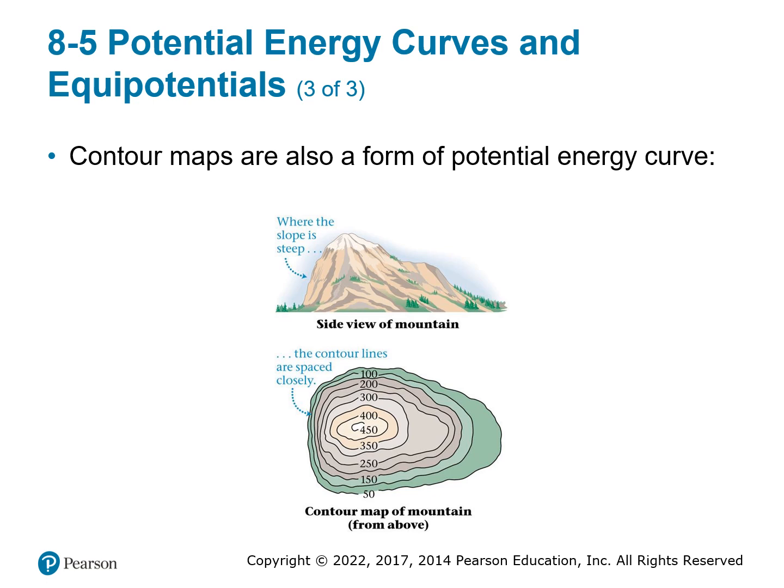More real-life examples. Contour maps. They are also a form of a potential energy curve. So if you've never seen one before, it helps measure elevation. So the contour lines are spaced closely if your elevation is close to each other. So if you only go from 100 to 150 meters, those lines between are going to be close. Versus if you go from the 100 line to 400, you have more space in between, which shows a greater